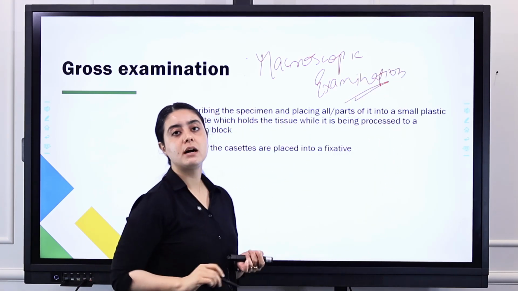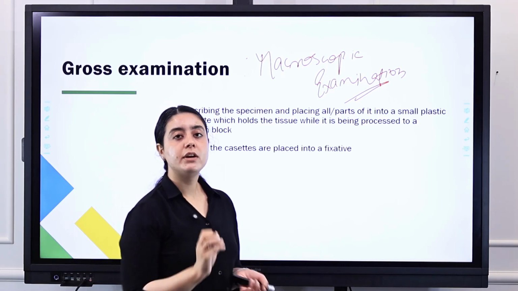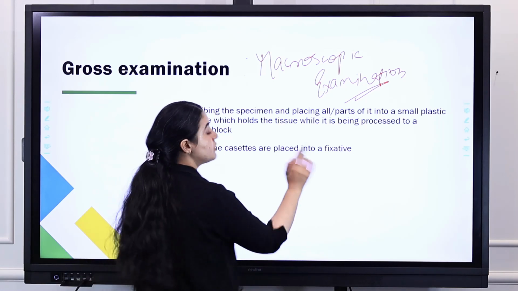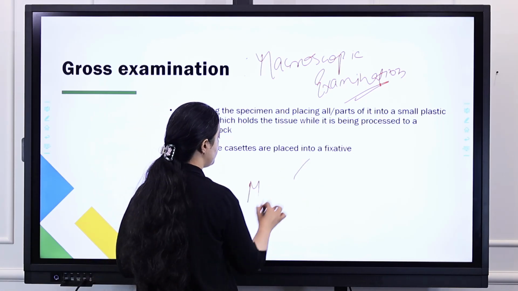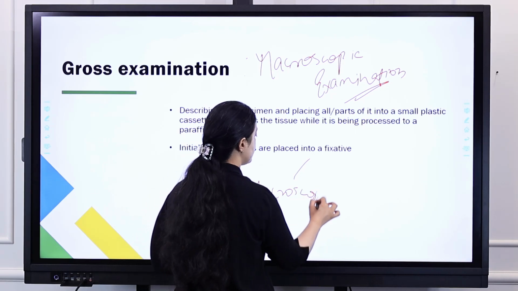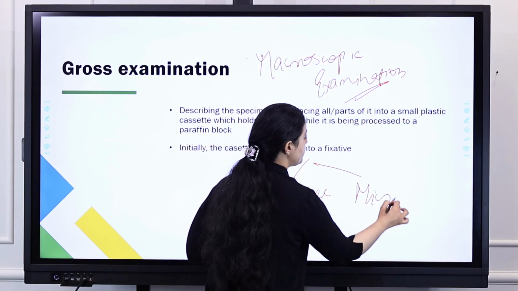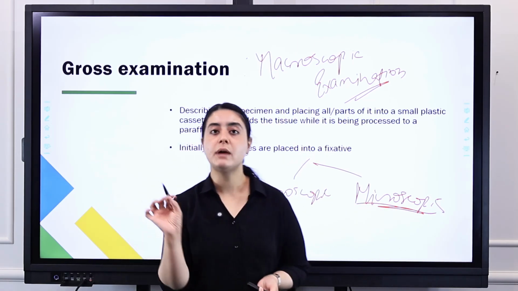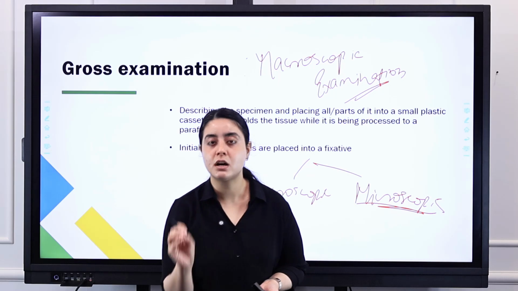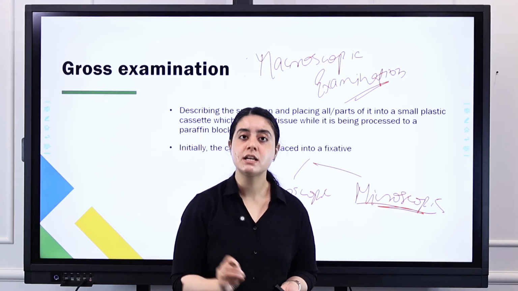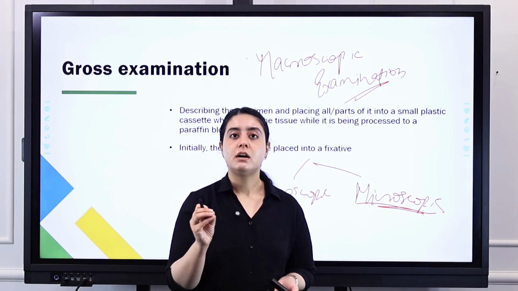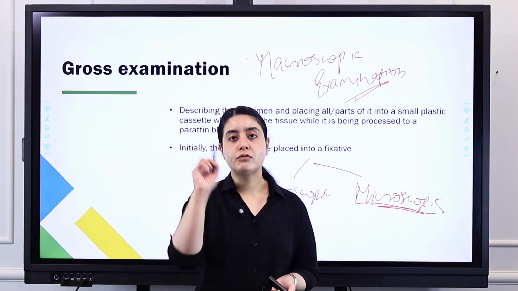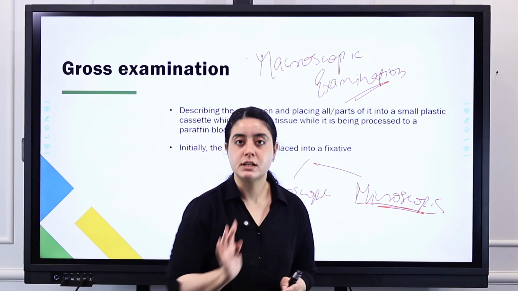What is macroscopic examination? In any laboratory, when we have to diagnose any kind of specimen, we are going to perform two types of examination. First is macroscopic, and second one is microscopic, right? So before microscopic examination, we also have to go through the macroscopic examination, that we have to observe our specimen with our naked eyes and observe if there is any kind of abnormality. So we have to note it down, and then we'll proceed to the further steps, right?